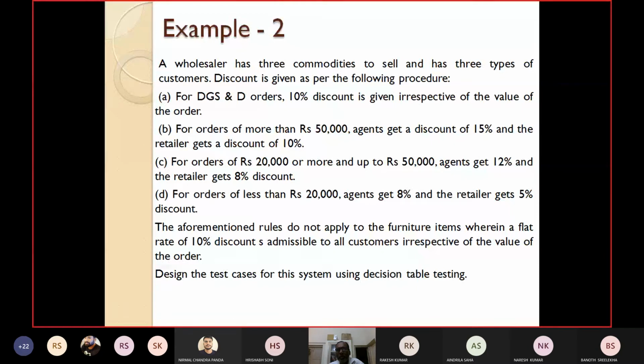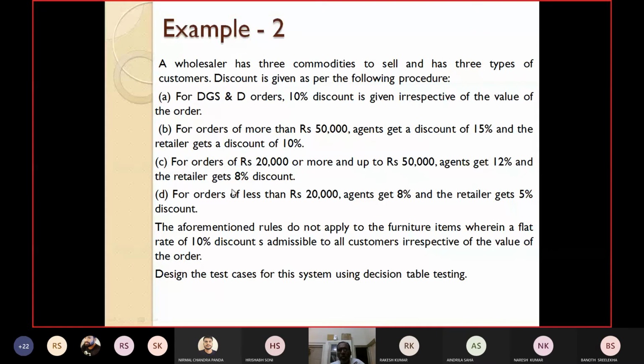For orders of rupees 20,000 or more and up to 50,000, agents get a lesser discount, that is 12%, and the retailer gets 8%. For orders less than 20,000, agents get an 8% discount and the retailer gets a 5% discount.